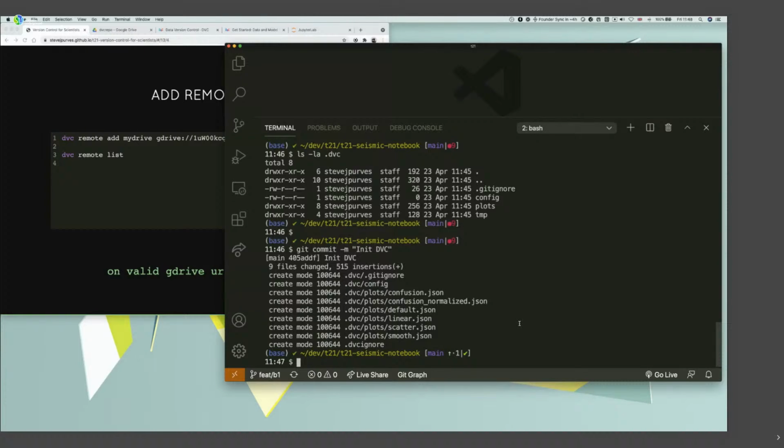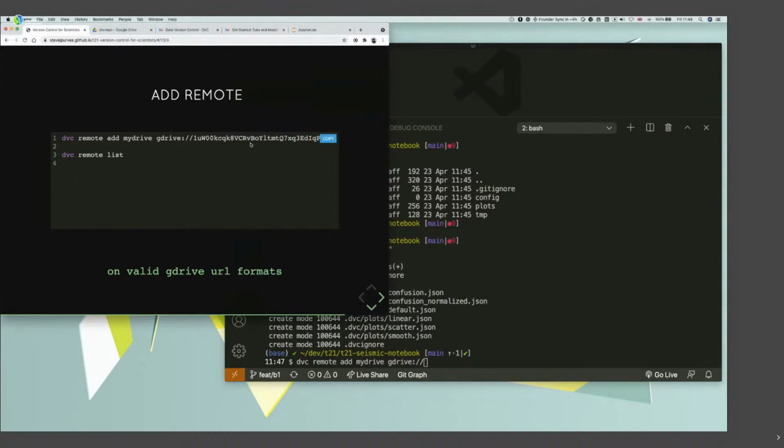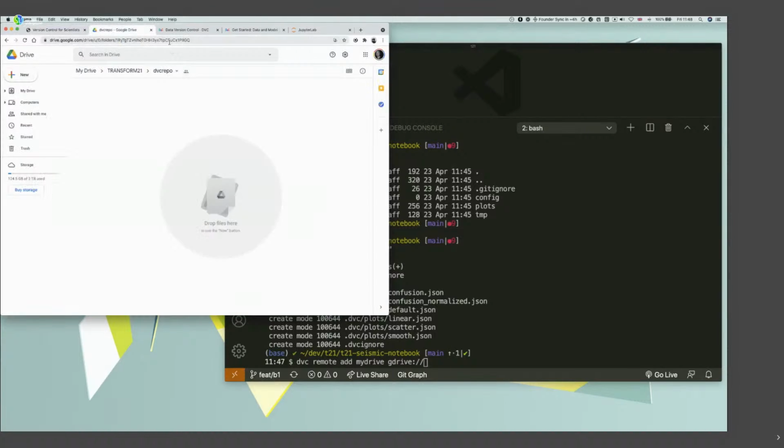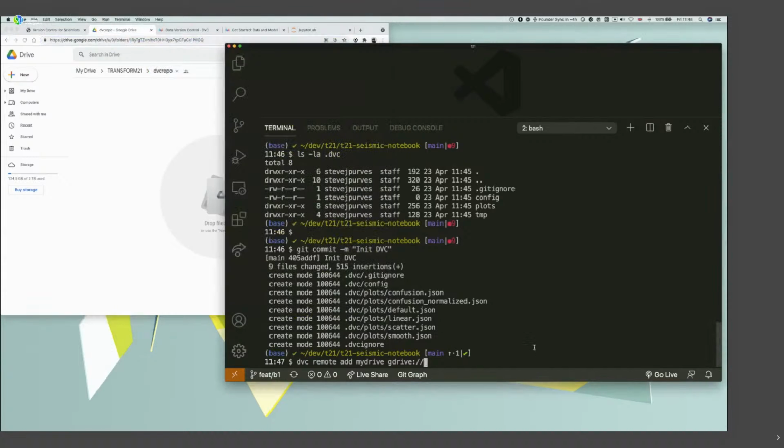I'm going to do dvc remote add mydrive with a gdrive protocol, and then I need this code here. This code is actually my folder hash that appears up here. So if I copy that and put that there,